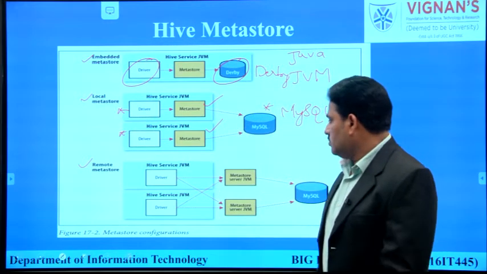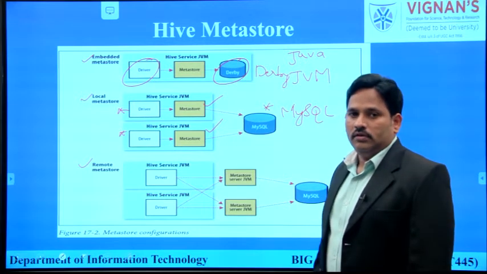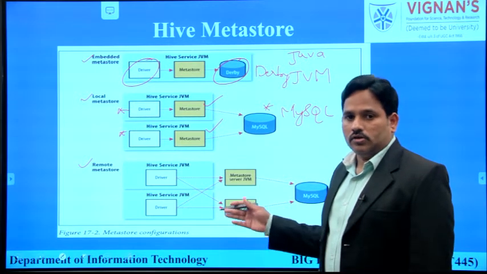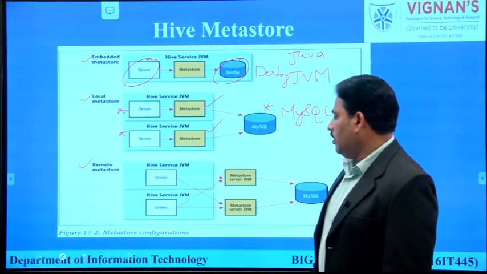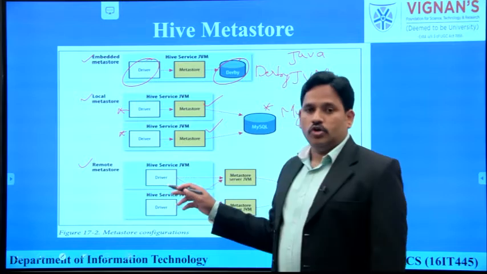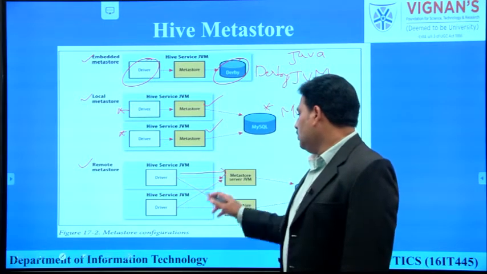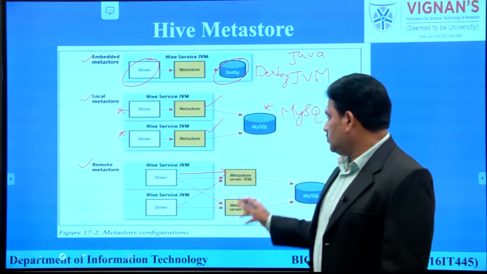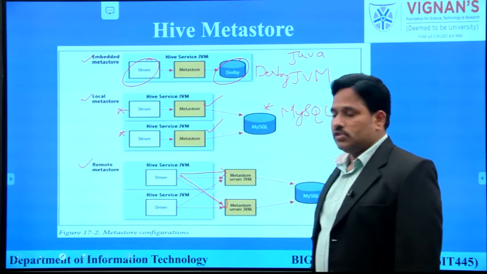To access or execute any job remotely, or to execute cross-platform, we can go for the remote metastore. Here, a driver can submit multiple jobs at a time. So driver 1 is submitting a job to a metastore server JVM and one more to another metastore server JVM.